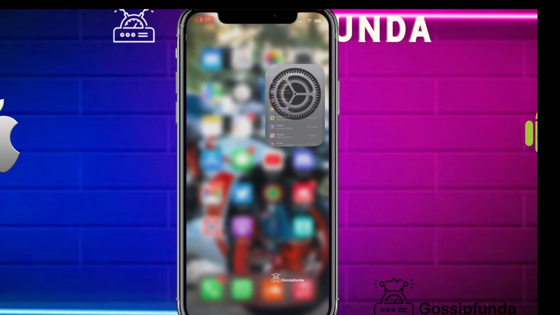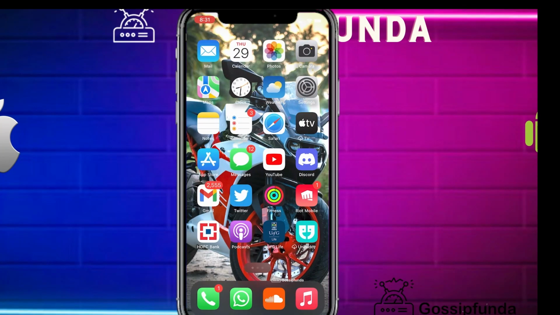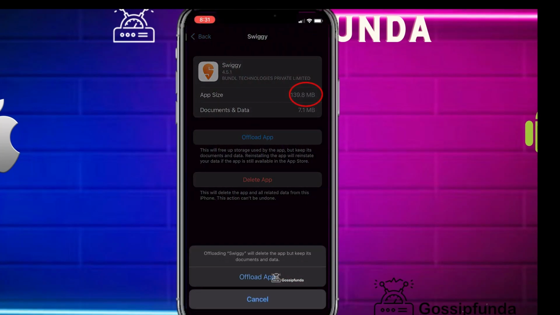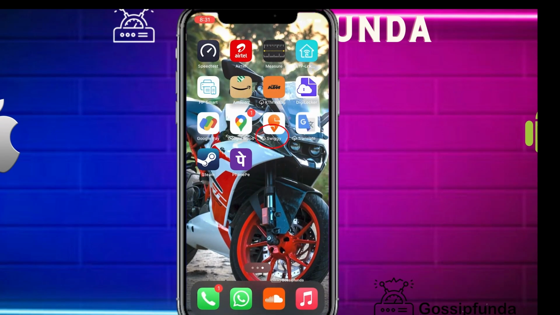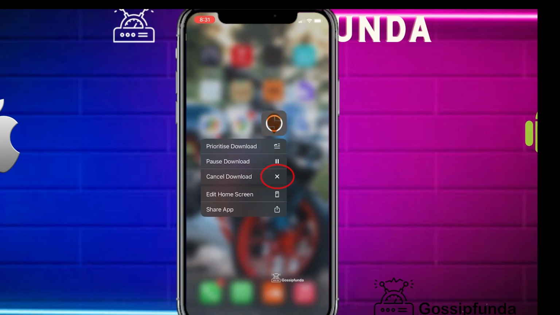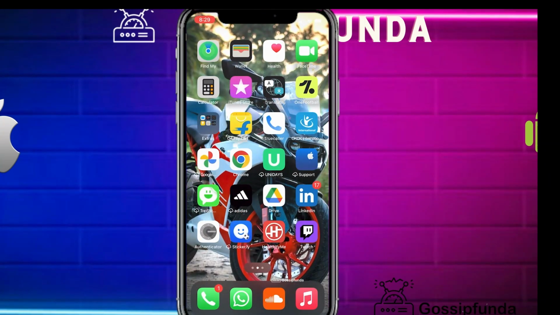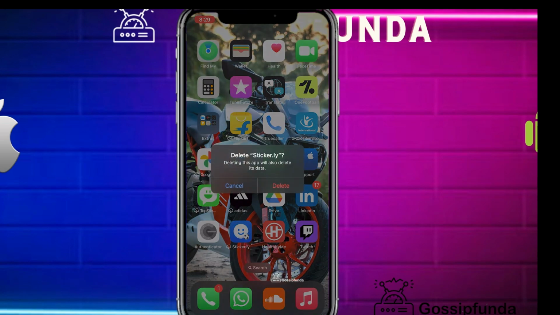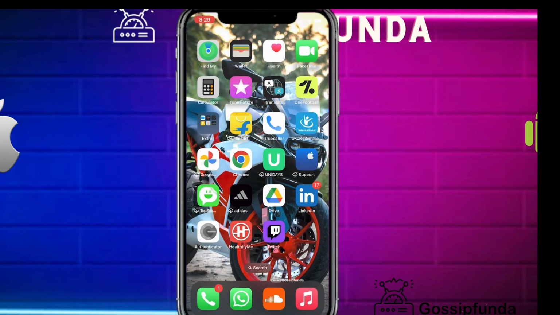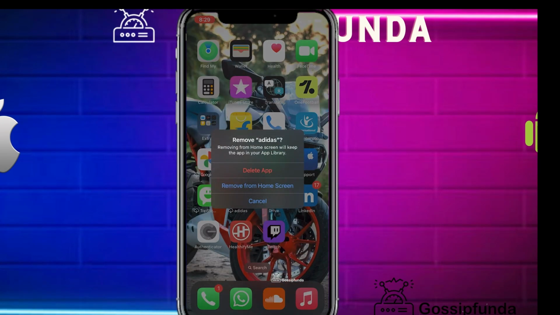So I'll be offloading another app, Swiggy, because I haven't used it in a while. So I'll be saving 140 MB just offloaded. Here you can see I have only like 10 MB of storage. Here you see the icon which says download, and if I click it, it starts downloading, but I don't want to download again, so I cancel the download. And after offloading, if you don't need the app at all, you can just hold the icon and then remove